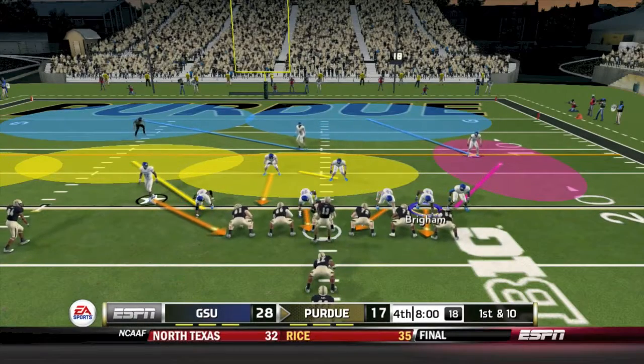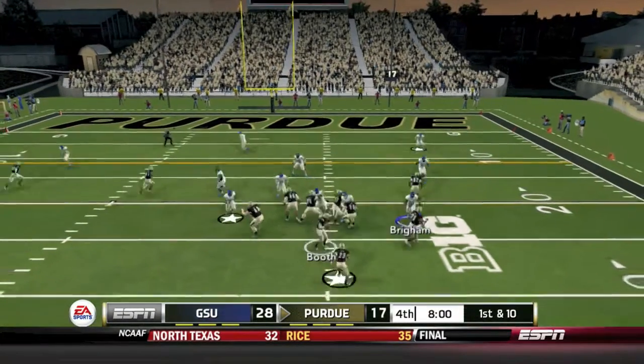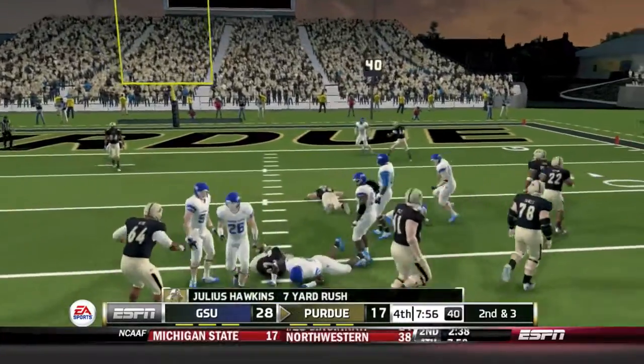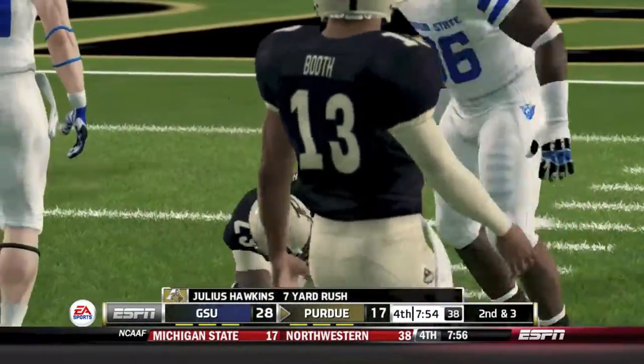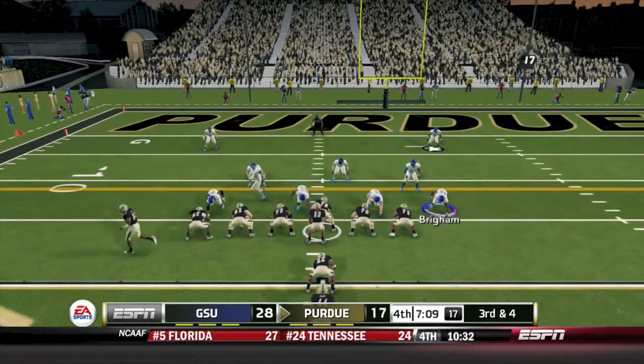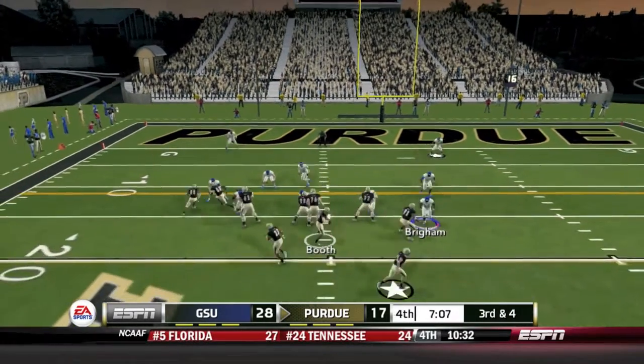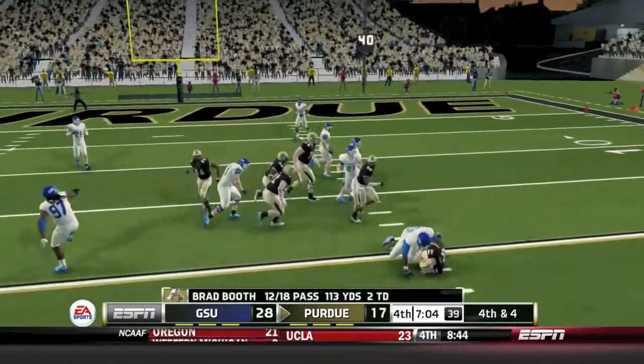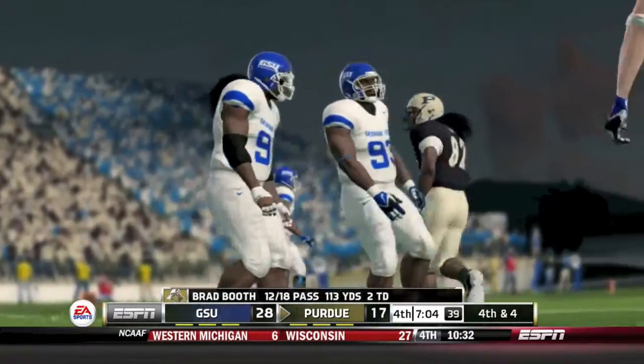Georgia State takes an 11-point lead into the 4th quarter, but Purdue is in field goal range already and driving. Hawkins has the ball and a 7-yard gain on the ground. Third down and 4 for Purdue. Booth back to pass here. He's going to dump it off to the fullback Roberts, but he cannot hang on, and it's incomplete,